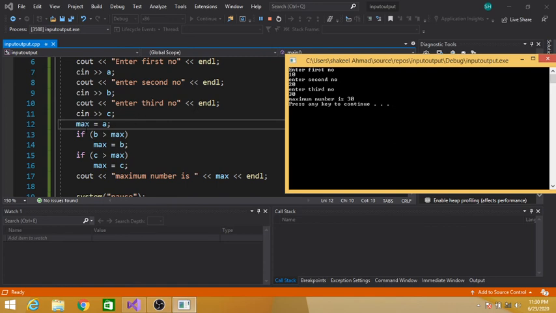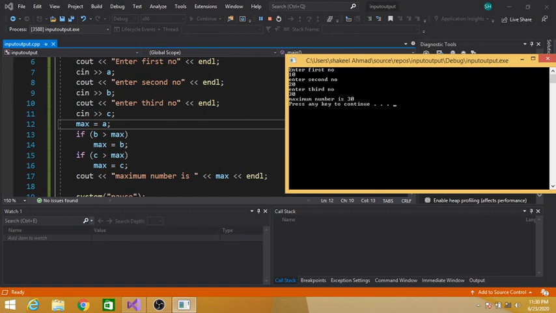Now max contains 10, and then we are comparing if B is greater than maximum. B contains 20 and max contains the value of A, which was 10. Is 20 greater than 10? Yes. So we are assigning the value of B, which is 20, to max.